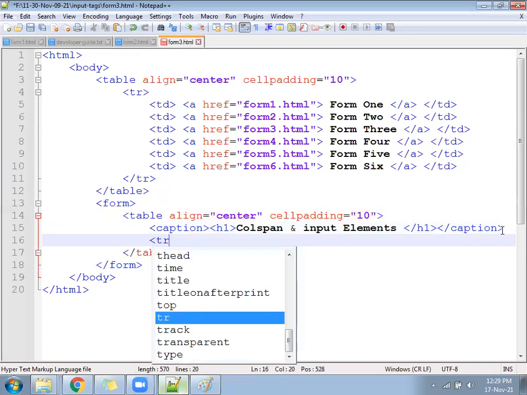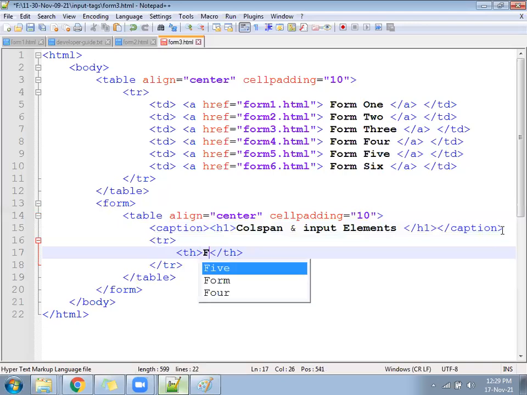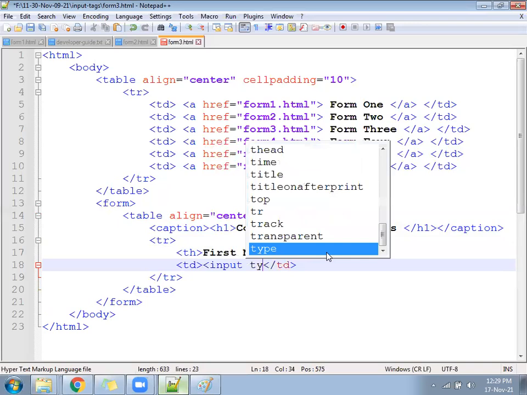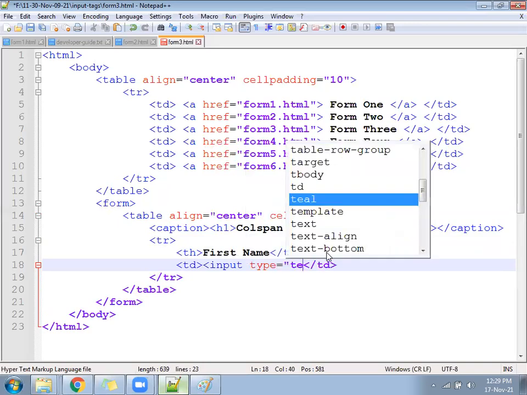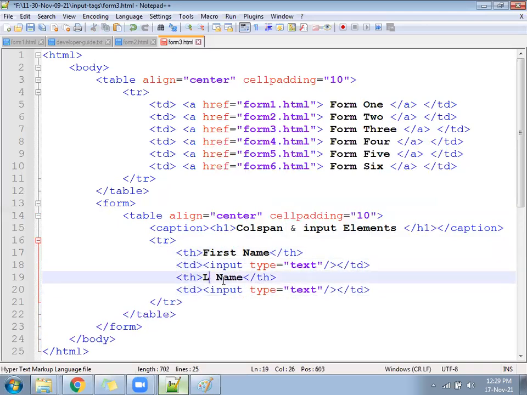Write tr, go inside, th, first name, one td, input type equal to text. Okay, keep one more td and th within the same tr, last name. You will find a total of 4 columns will appear in one line. In one tr you will have a total of 4 columns.